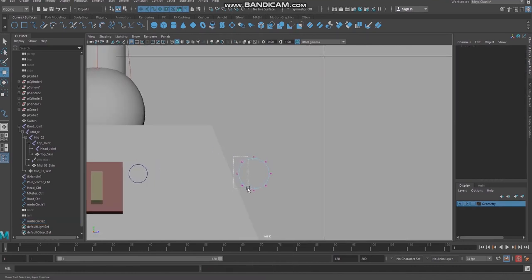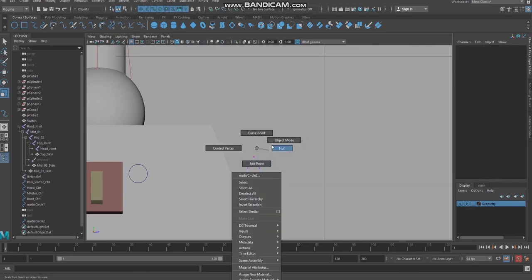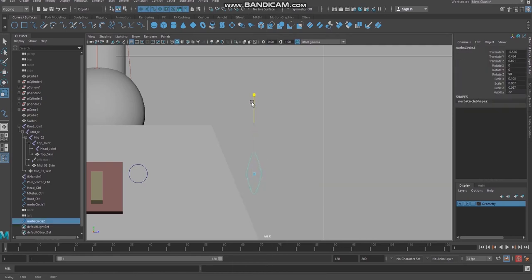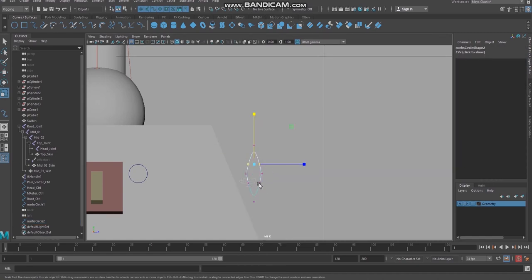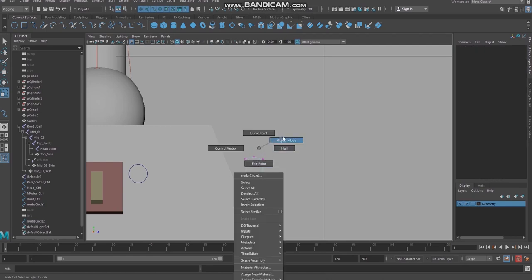Control vertex, I'm going to reduce the shape. I'm going to modify the shape. Yes. Going to bring some shape like this. Yes, it is fine.